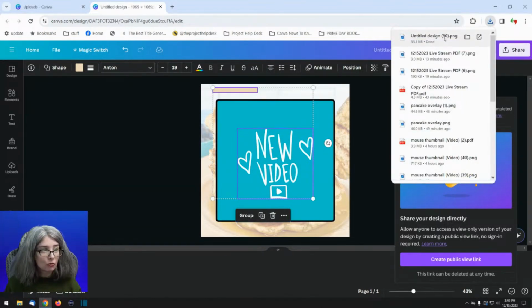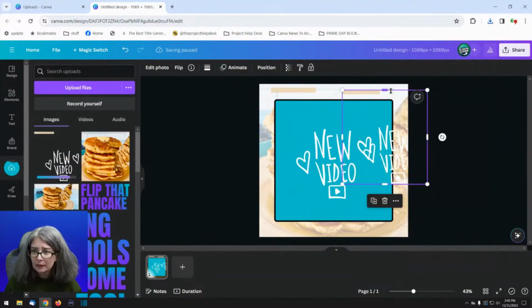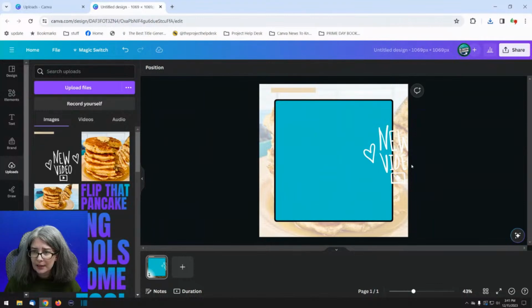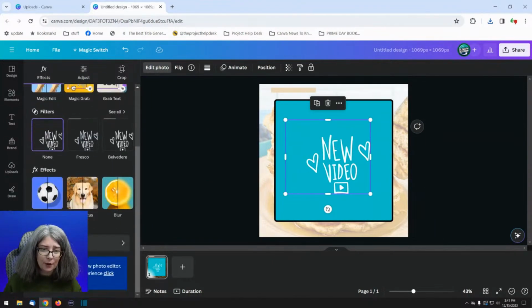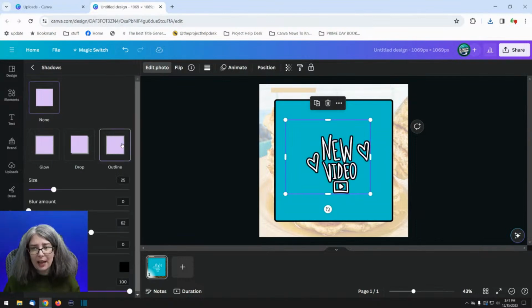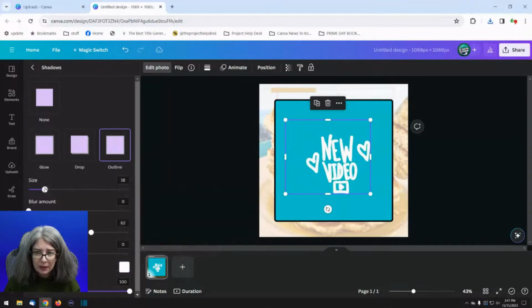So I'm just going to grab this right up top and bring it back in and get rid of that little rectangle. And now we can click edit photo and add the outline effect, but make it the color that it is. And reduce the size. And so now it's a little bit thicker.